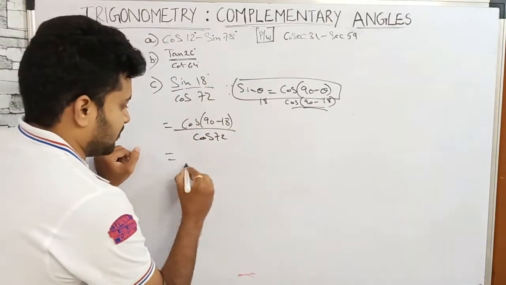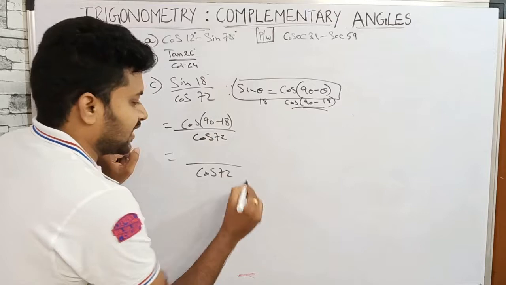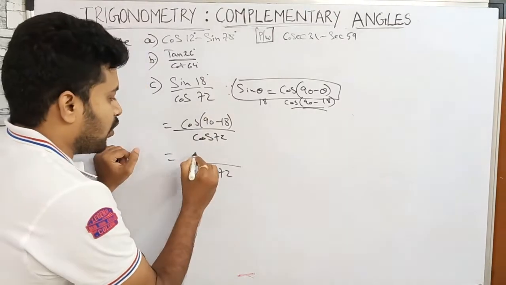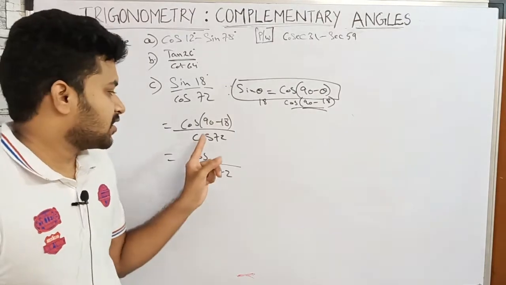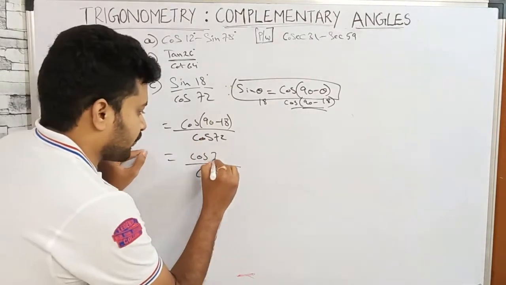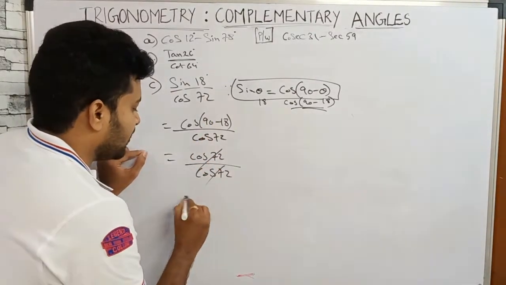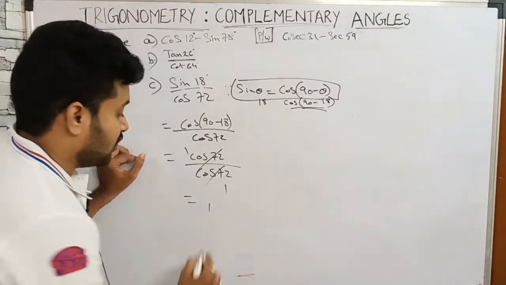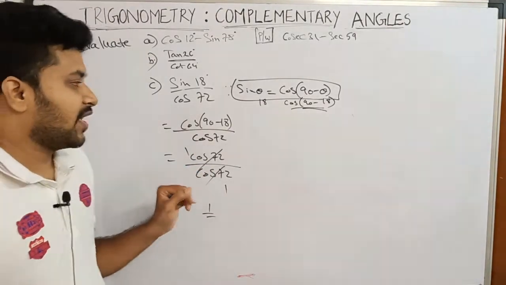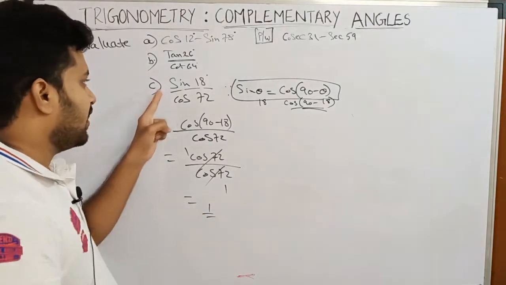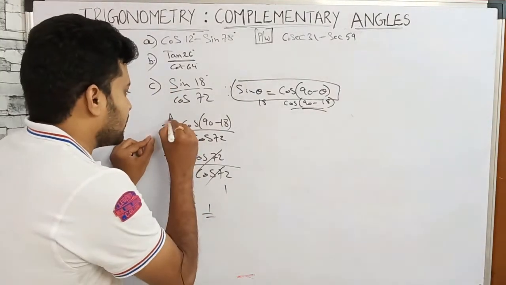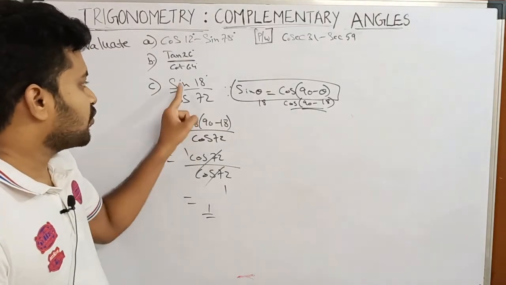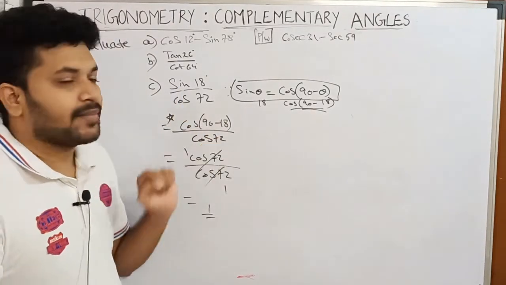Fine. Next, the denominator copy exactly as it is. And now, cos of 90 minus 18. 90 minus 18 is how much? 72. So numerator and denominator cancel. Answer. So now we are done with the sum. What is the error correction here? You will write the denominator everything fine, but all will make a mistake here. In place of cos you will write again sin of 90 minus 18.